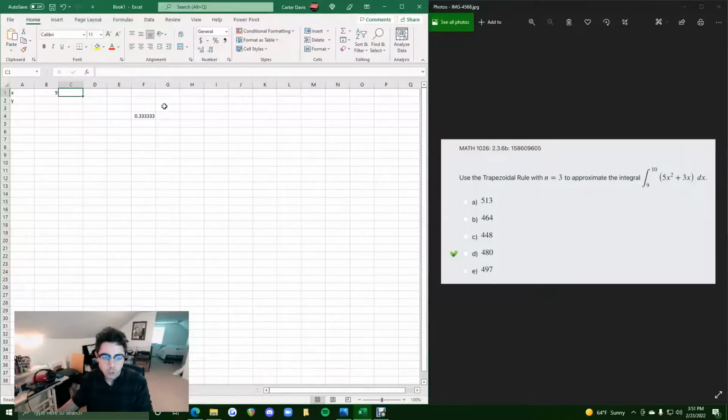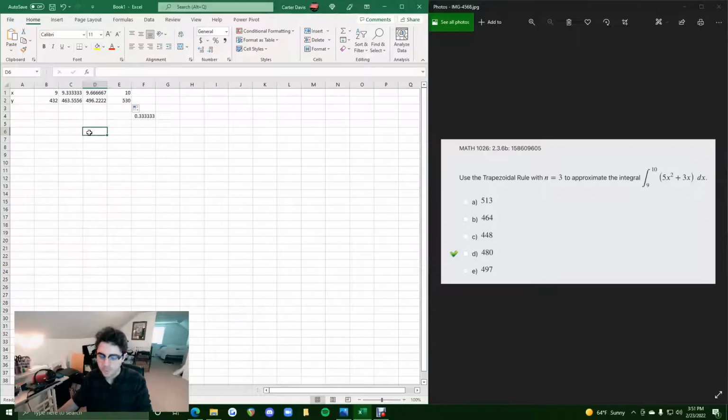So we do equals B1 plus 0.3 repeating. All right. And we click and drag this until it says 10. So we just have a few x values here, and we will plug the function given into this cell. The function is 5x squared plus 3x. So we will do 5 times x, which is B1, raised to the second, plus 3 times B1, which is x. Hit enter, click and drag this corner across, and we will use all 4 of these values here